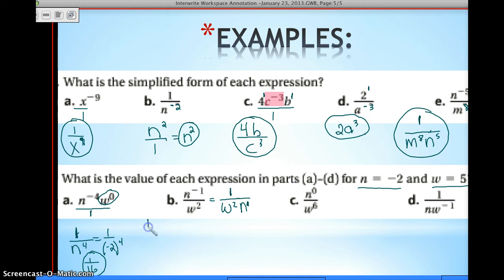Now let's go ahead and substitute. W is equal to 5. Whenever you substitute, try to remember to put it in parentheses. It will save you some grief of mistakes. -2 to the first power. So we end up with 1 over 5 squared is 25, and 25, -2 to the first power is -2. We end up with 1 over